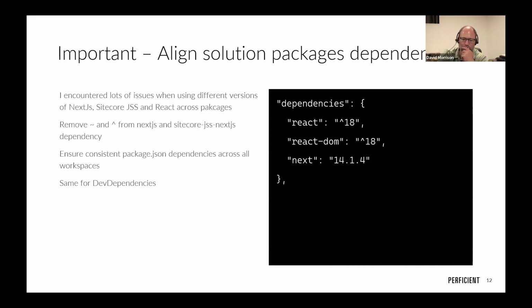So it's fine to have something like a caret, which is going to grab all the latest minors, or you might have a tilde in some places for patches, but for the main dependencies for things like Next.js, I would definitely recommend removing them and controlling that across your solution pretty closely. There are definitely tools out there that will help you do this, things like Lerna and other package managers, but for the basics, you can get by with doing it on your own.